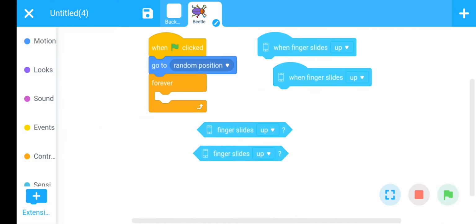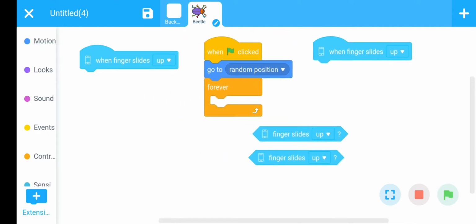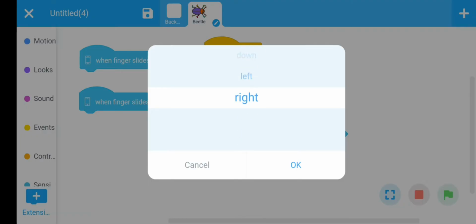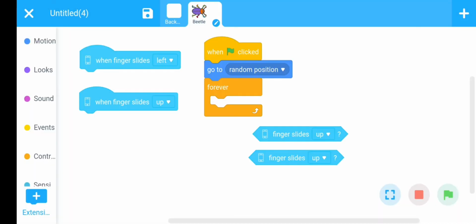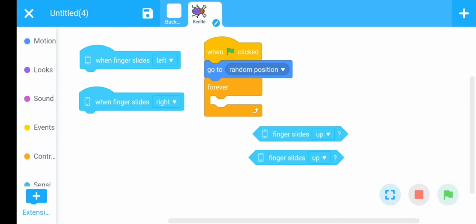Fine. Put this in there. Update it with left and right. This one is left and this one is for right.